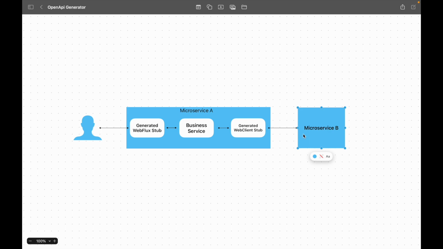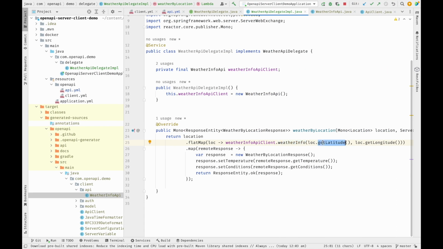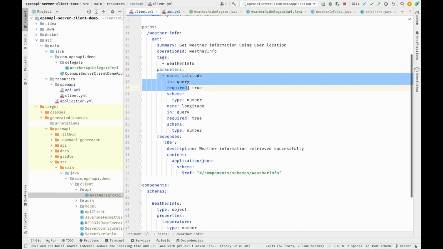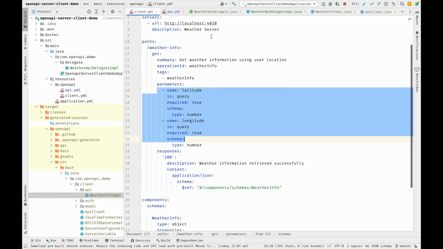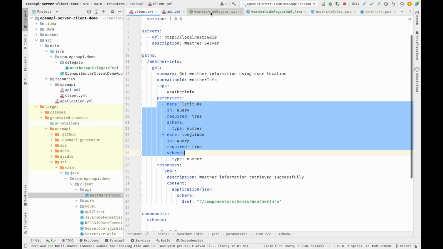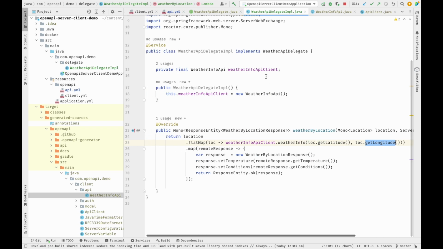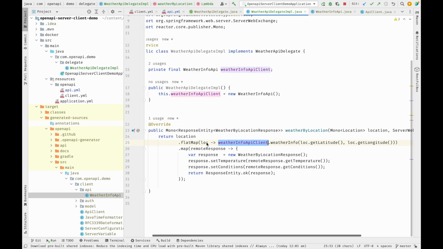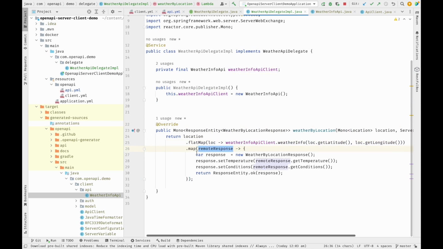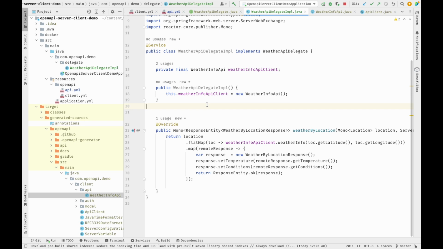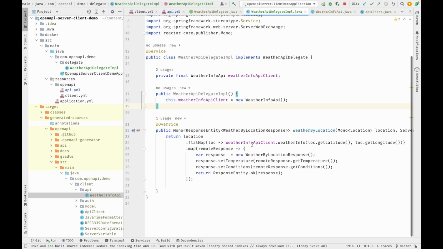That microservice B requires two query parameters, that is latitude and longitude, and all this information, as you know, we have defined under the client.yaml, that it needs these two pieces of information, right? Based on the information in the specification file, it has created a method called weather info, and it is also asking us to add latitude and longitude, and that is all because we have configured this information in the client.yaml. So here we are calling another microservice, and we'll get a response, and that will come under the remote response, and then we are creating a response for the API called weather by location. So once that is done, only one thing is remaining over here: